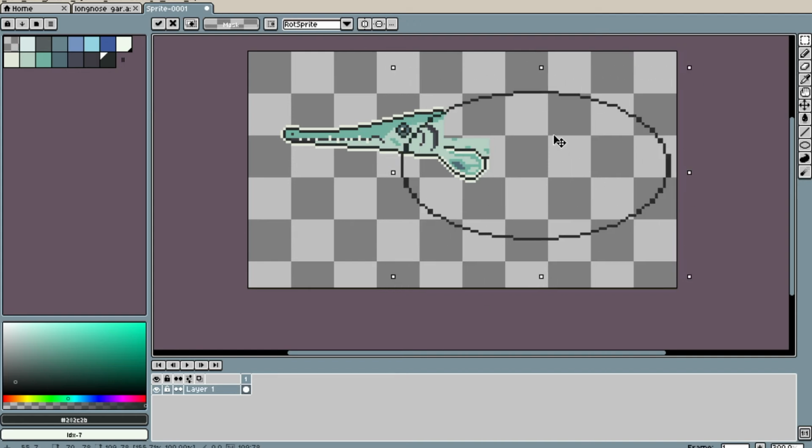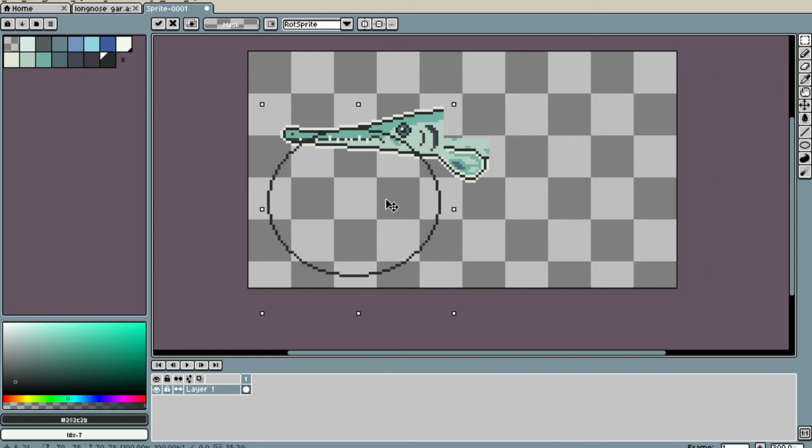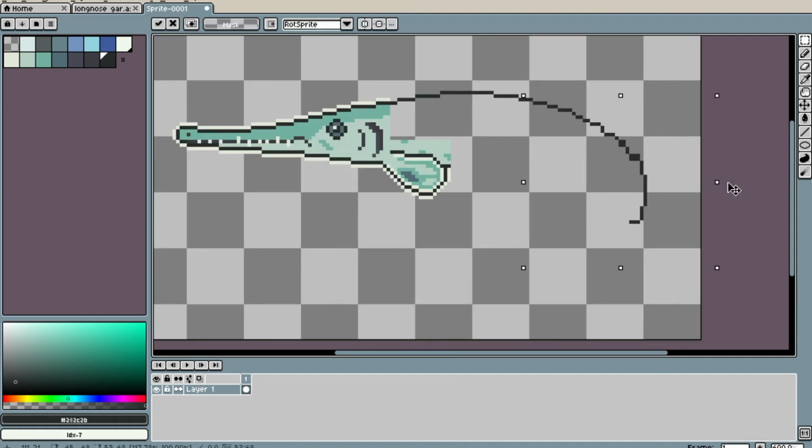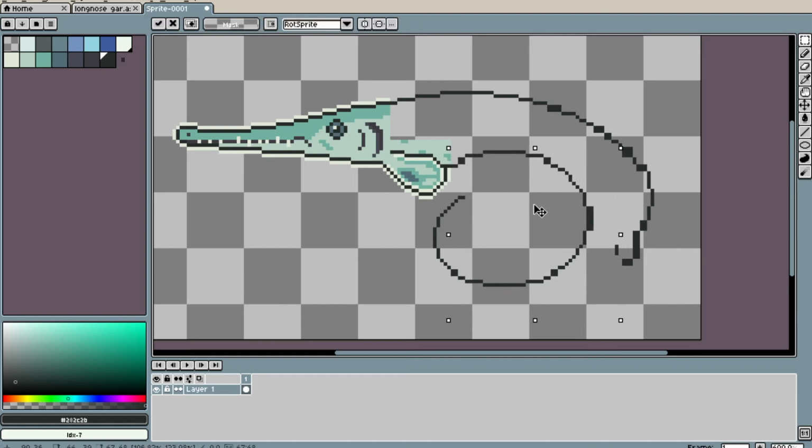Alright, next up is the spotted gar. For the spotted gar, I decided I wanted to draw a full gar for at least one of the species, so I also wanted to show off this one's mini spots, so that's why I went with a full body for this one. I spent a while here trying to get the curve of the fish right, and then later